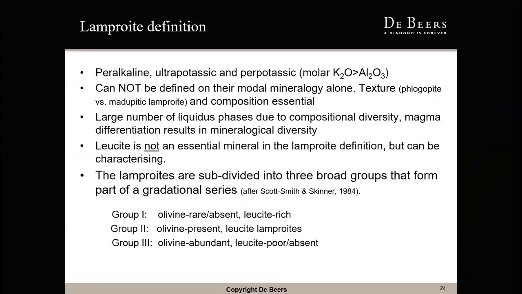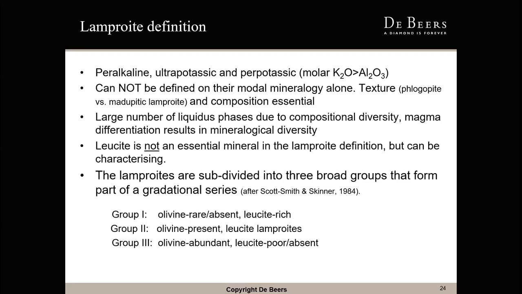diatreme. So a lamproite is really a peralkaline, ultrapotassic rock. The definition of a lamproite, the one important thing is that it cannot be done based on the modal mineralogy only. Textures are quite important, and compositions in particular are fairly essential. Because of the large number of liquidus phases and because these are small degree partial melts, there's considerable mineralogical diversity in these rocks, and also in the greater lamprophyre suite outside of lamproites and kimberlites. It's important to note also that leucite is not an essential mineral in the lamproite definition, but it is most definitely